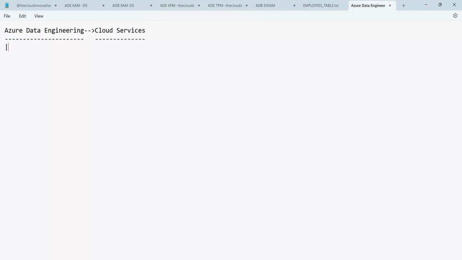So what are the cloud services we have here? First cloud storage, like storage accounts, that is one of the services.